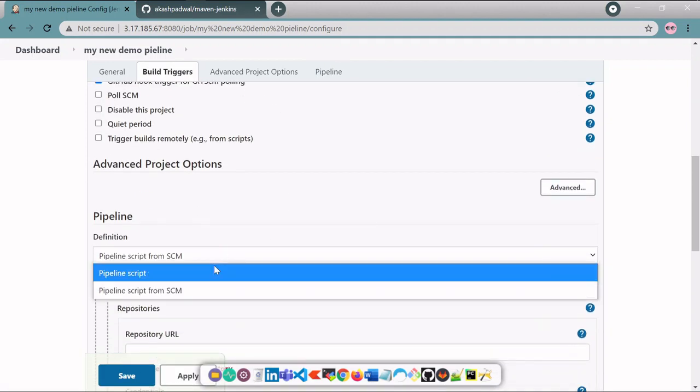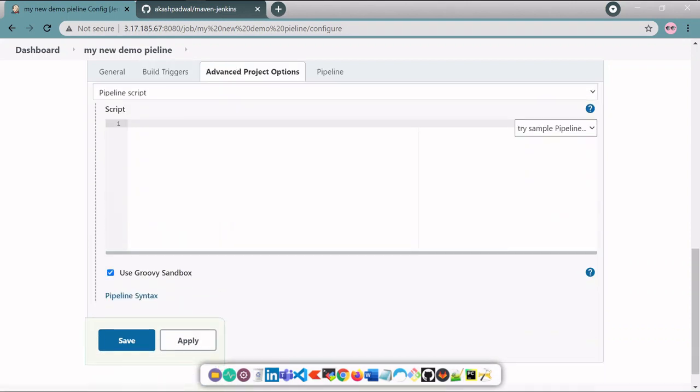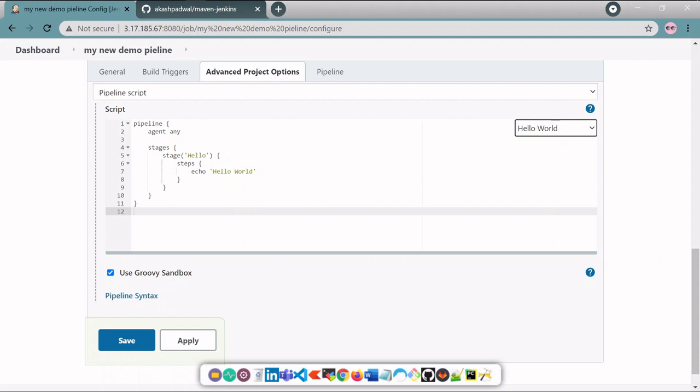So we are going to write a Jenkins file in here itself. So first we'll just create a simple stage. So here you can see Jenkins provides different frameworks like hello world. Here it is a pipeline section. For every Jenkins file, it starts from the pipeline section. Then the agent. So this agent is nothing but we have to select where to run our pipeline. So we'll just keep it any.